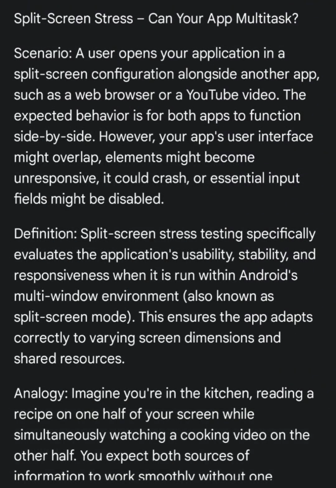Split screen stress: can your app multitask? Scenario: A user opens your application in a split screen configuration alongside another app, such as a web browser or a YouTube video. The expected behavior is for both apps to function side by side. However, your app's user interface might overlap, elements might become unresponsive, it could crash, or essential input fields might be